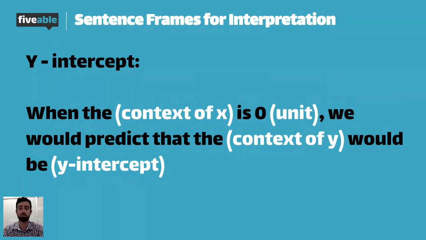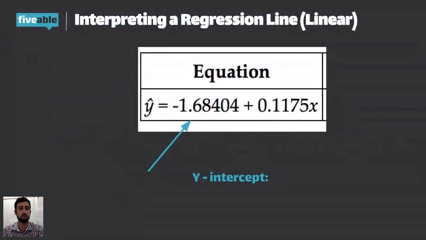And let me show you how it's done with the example from my students' data yesterday. So here's the equation again. And here's how we would interpret the Y-intercept. When the, insert our x, and our x was height. So when the height in centimeters is 0, we would predict that the hand span would be negative